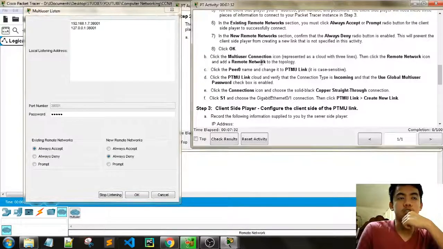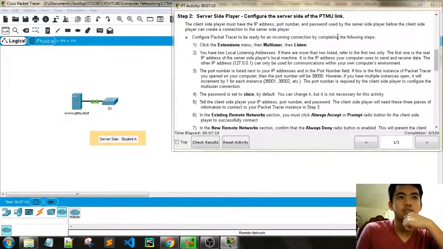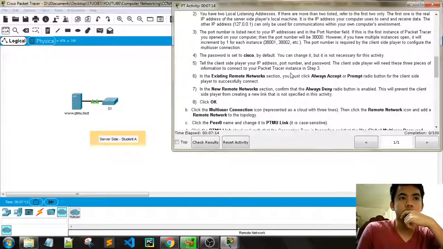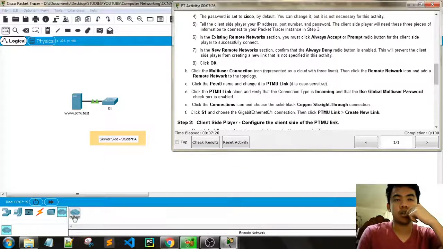Okay, click the multi-user function. Let's click OK. And then what else? Click the multi-user connection. Crowded 3 lines. Okay. And click the remote network and add the remote